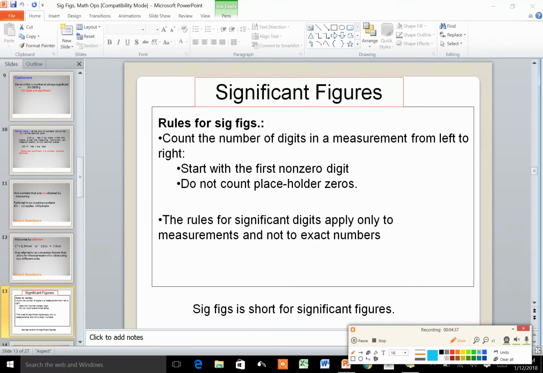Now we will recap the rules for significant figures. First, count the number of digits in a measurement from left to right. Okay, if you have a number like those, count the numbers from left to right. Start with the first non-zero digit. So if you have a zero here, don't count it. Start with the non